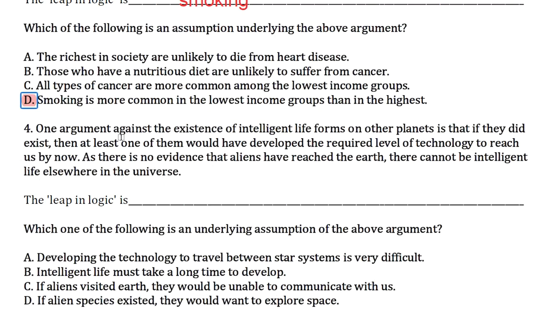All right, question 4. One argument against the existence of intelligent life forms on other planets is that if they did exist, then at least one of them would have developed the required level of technology to reach us by now. As there is no evidence that aliens have reached the Earth, there cannot be intelligent life elsewhere in the universe. All right, so a good way to think about this is to perhaps make an analogy,